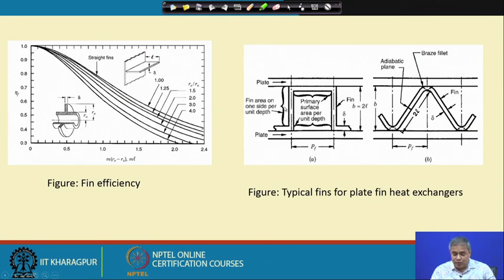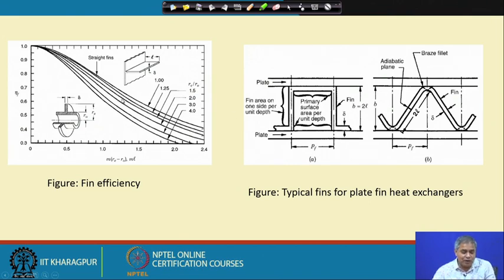So, one can assume as if it is made up of two fins, one fin attached to the upper plate, another fin attached to the lower plate. This is the base condition of one fin, this is the base condition of the other fin, and at the mid plane the fin has an insulated tip. Similarly, if the total length is given as 2L, then the length of the fin will be L only. This is what is given in the right hand side diagram.